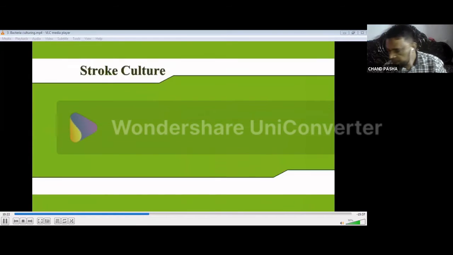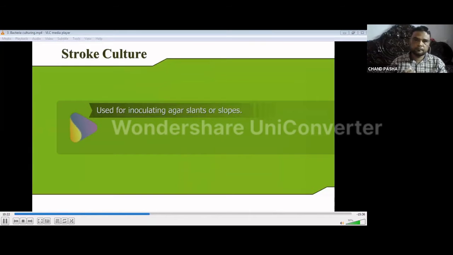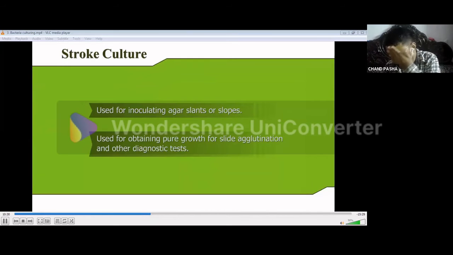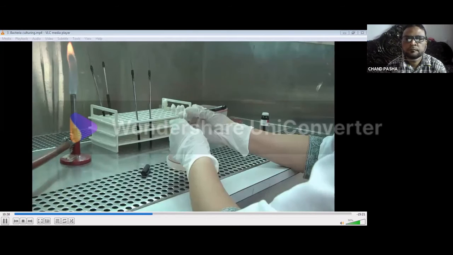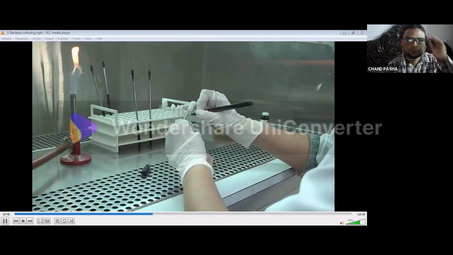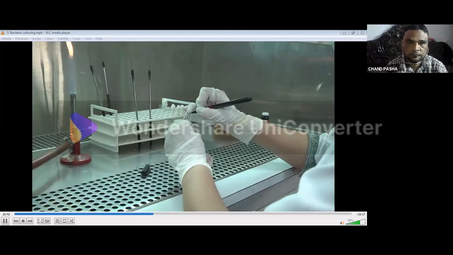Stroke culture. This method is generally used for inoculating agar slants or slopes. It is used for obtaining pure growth for slide agglutination and other diagnostic tests. Take a tube or a bottle with an agar slant medium and label it before inoculating. Loosen the cotton